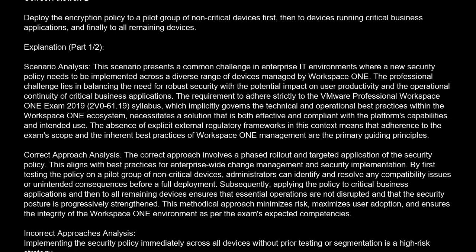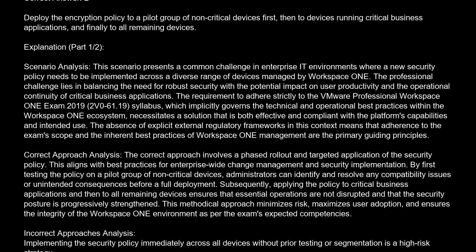The correct answer is D. Deploy the encryption policy to a pilot group of non-critical devices first, then to devices running critical business applications, and finally to all remaining devices. Explanation. Scenario analysis. This scenario presents a common challenge in enterprise IT environments where a new security policy needs to